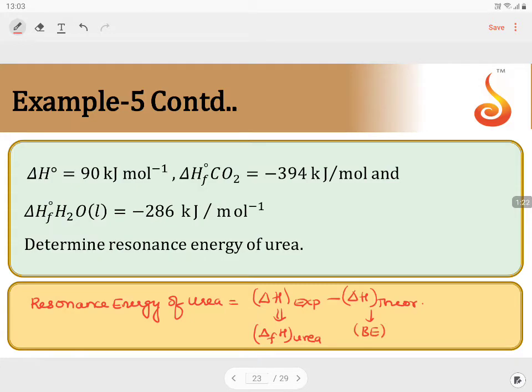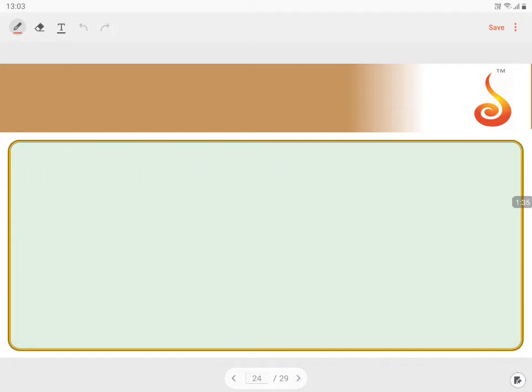Bond energy, the resultant bond energy for the enthalpy of formation of urea. What is the resultant bond energy? If I take these two, that will give you the resonance energy. So the first thing I have to do is take the equation. The equation which is given to us is urea,